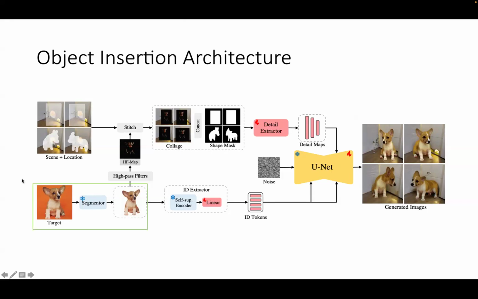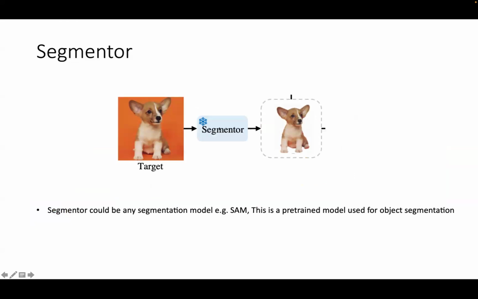Okay, you can see this green box. Throughout the session, I will use this green box to show where we are looking, what part we are discussing at the moment. Okay, now this image is going through an image